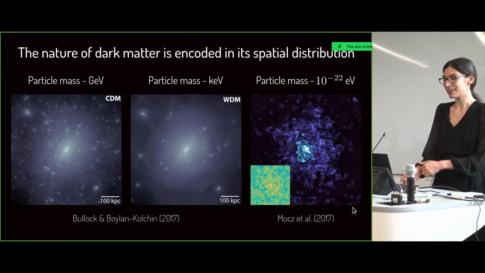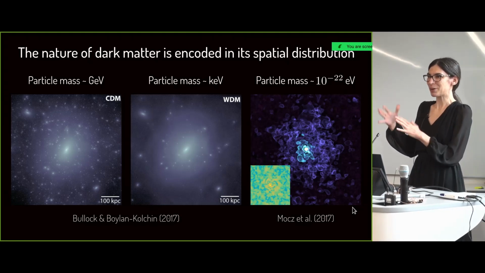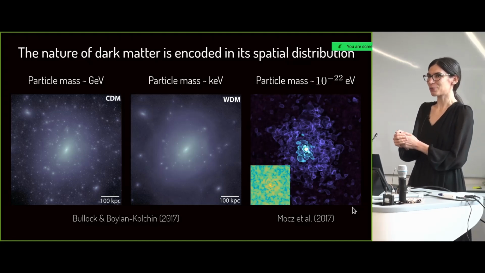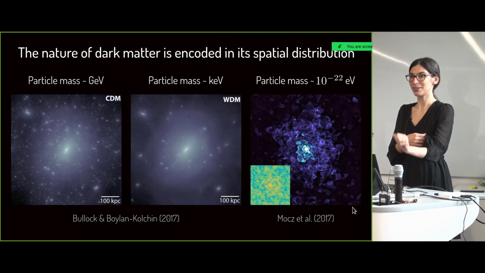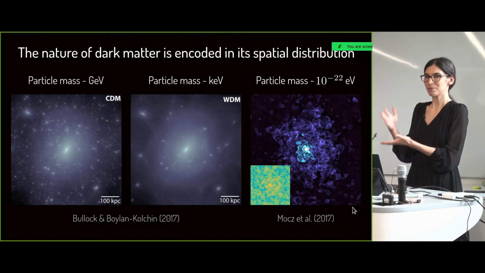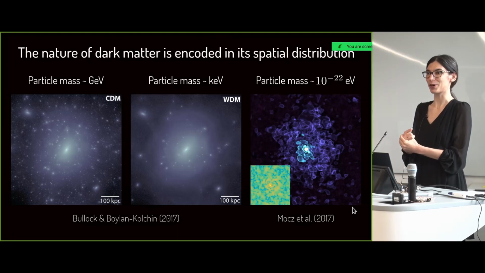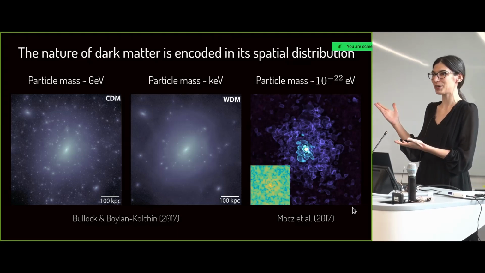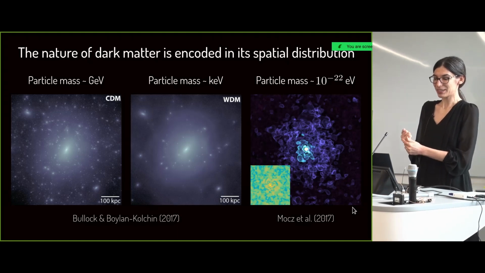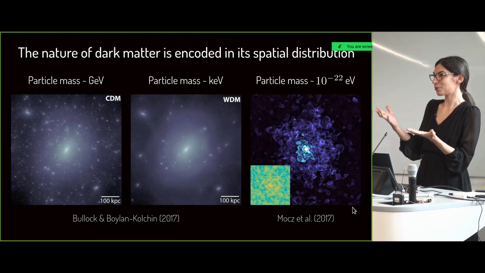So the reason I'm excited about studying dark matter in the Milky Way is that our galaxy provides us with basically a laboratory for dark matter. Despite all of the different non-gravitational ways people have tried to study dark matter, like the direct detection experiments, they have only led to non-detections so far. Really the only positive signal of dark matter has been gravitational. And so this is why I think it's important to look at what different models of dark matter would predict in an environment like the Milky Way.